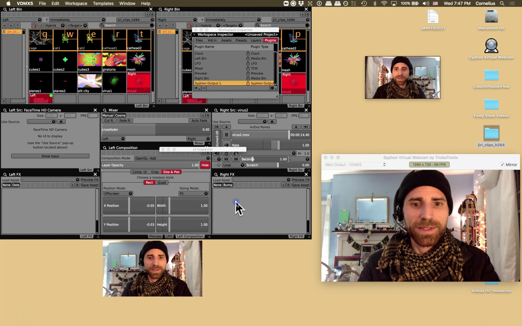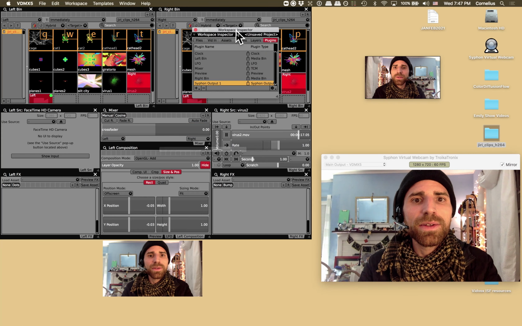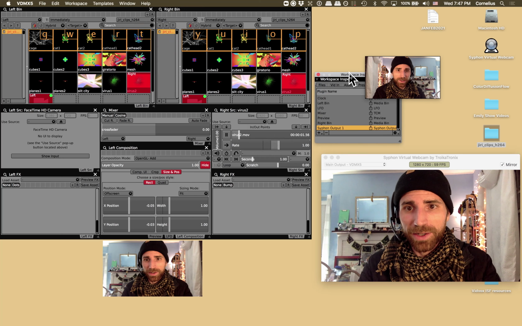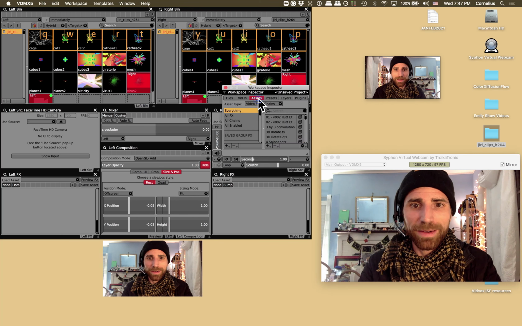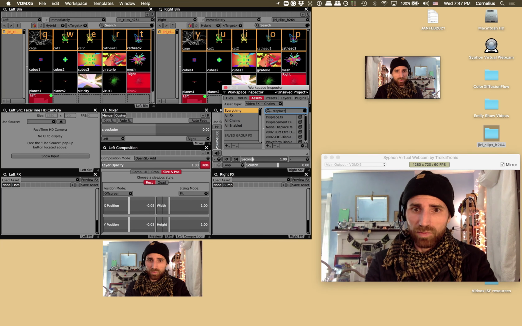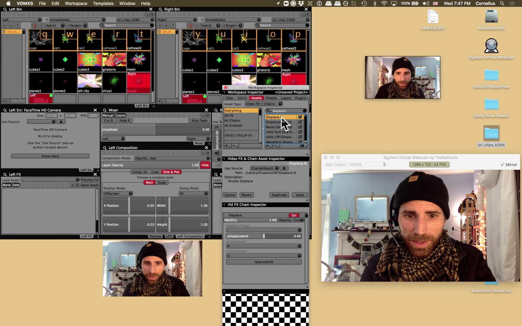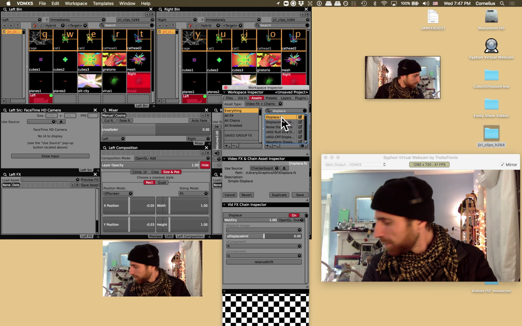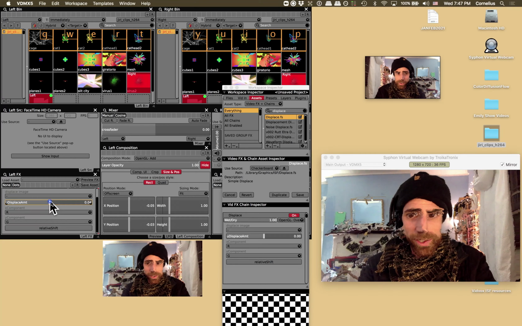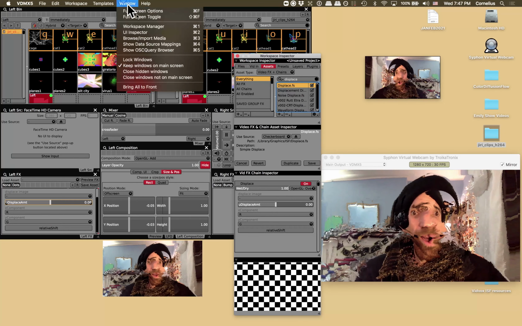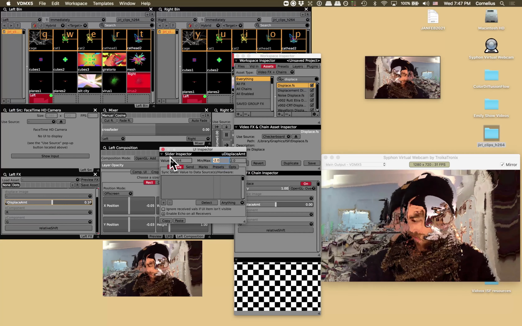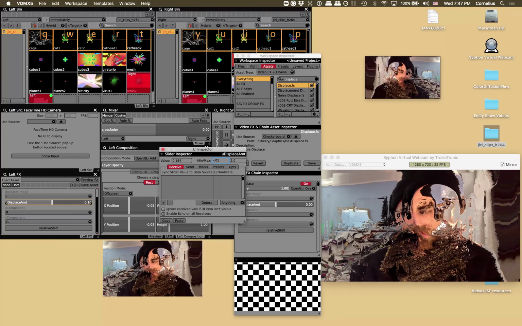So I'm going to hit Command, what is it, Command 1? Yeah, to bring up my workspace manager, which is right here. I'm going to click on Assets, and then I want to displace, I believe it's that one. Let's drag it in. Yeah. I'm actually going to bring up my UI inspector so that I can control this slider in particular. And I believe the value that I'm looking for is somewhere between